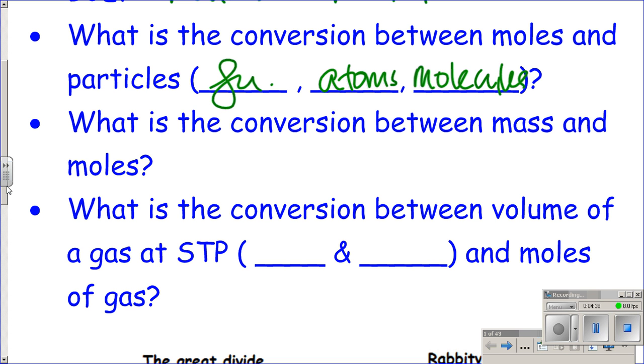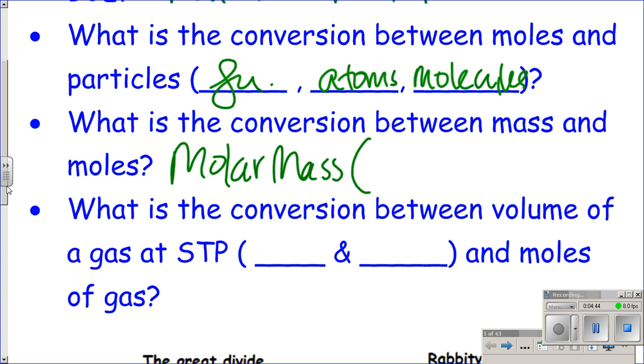What comes to mind? Molar mass, right? If you're going between mass and moles, that means you're using the molar mass. Where do you find the molar mass? You add it up from the elements on the periodic table. So if you're going from mass to moles, you'll have some number of grams given, then you're going to multiply